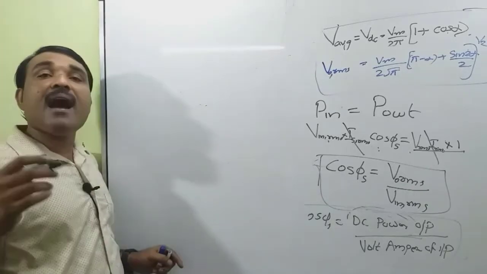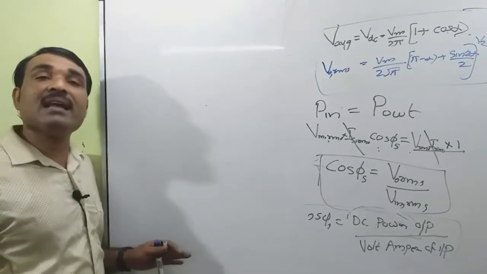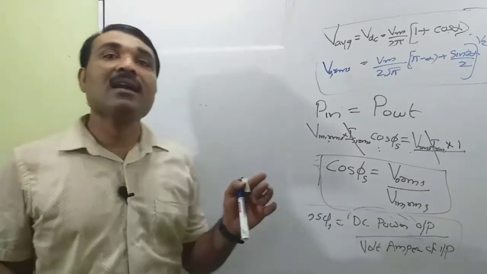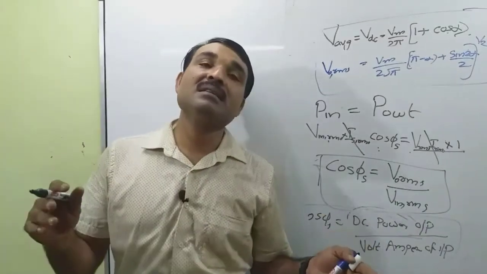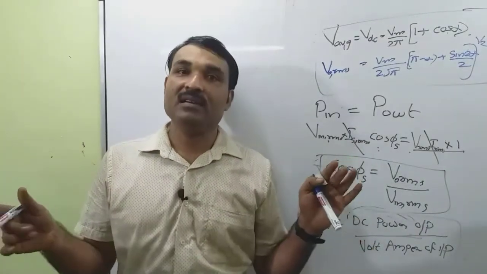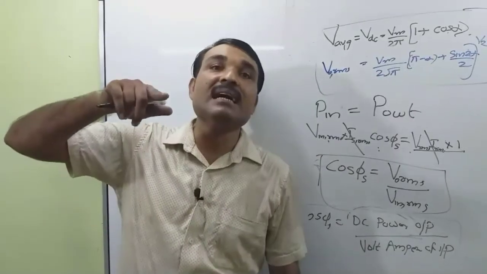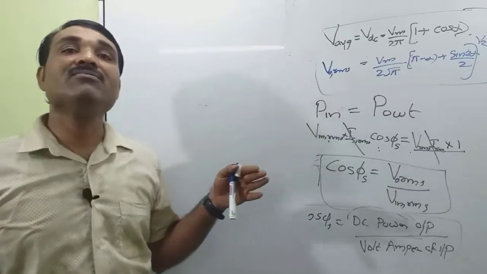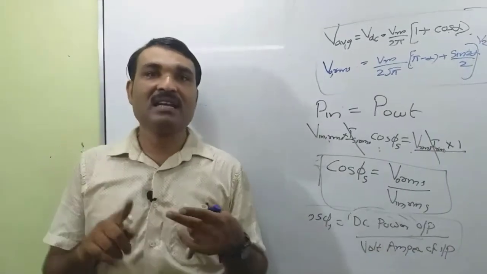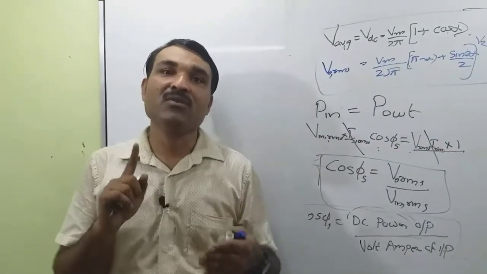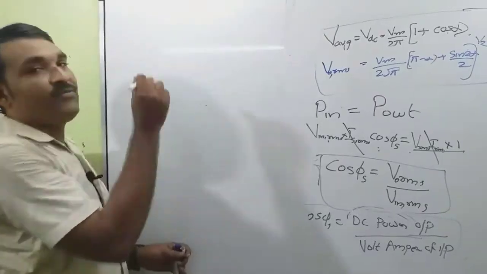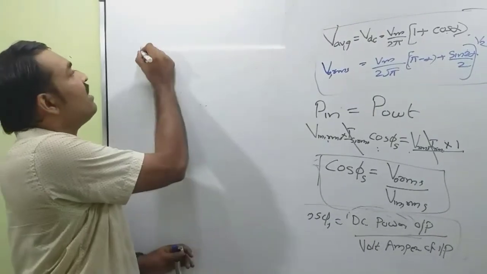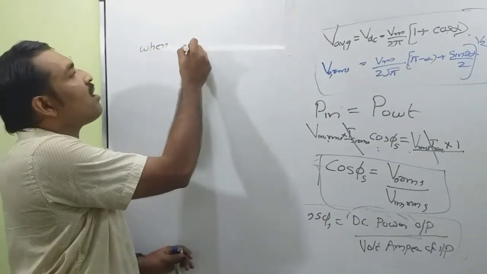Now, when alpha is equal to 0, that is firing angle is equal to 0, the controlled rectifier is the same as the uncontrolled rectifier. That means for diode circuit and thyristor circuit, we will get the same output waveform. For that case, we can derive the expressions for ripple factor, form factor, transformer utilization factor, etc. Okay, for the special case when alpha is equal to